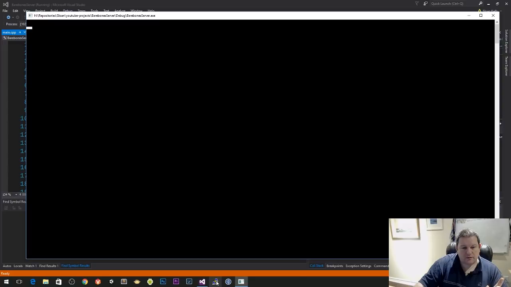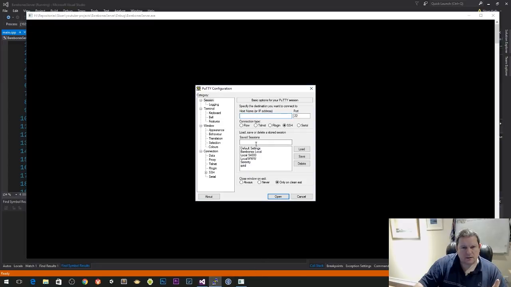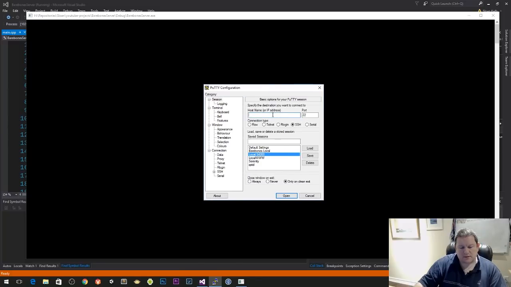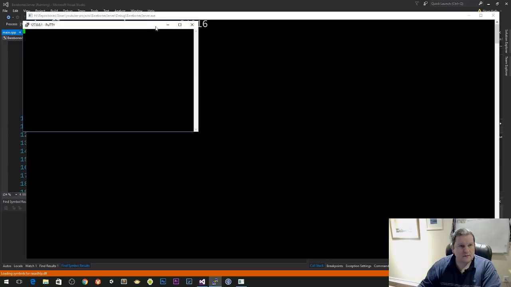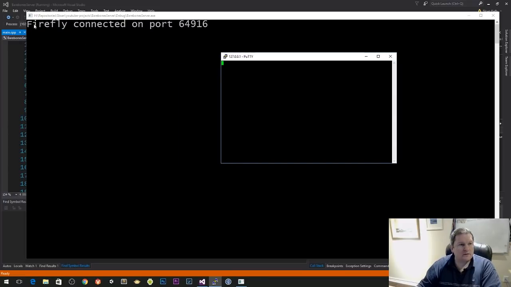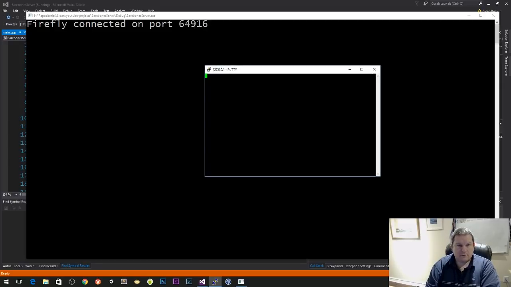So now we go to PuTTY, and I am going to my local server here, which is 127.0.0.1, and then it's port 54000. Okay. So I'm going to click on open. And you see that we now have a client connected on port 64916. Okay, so if I type in hello world,